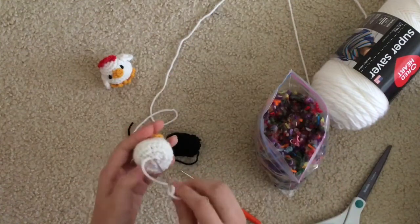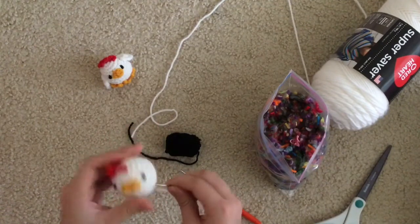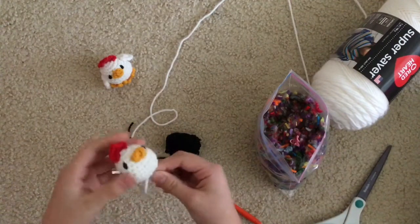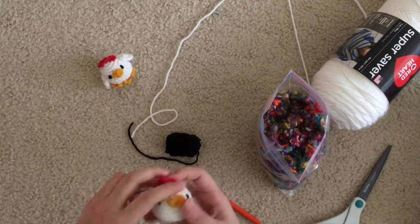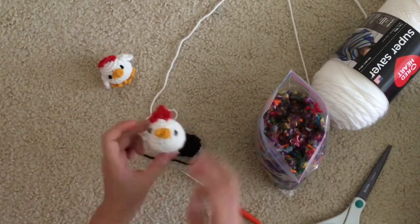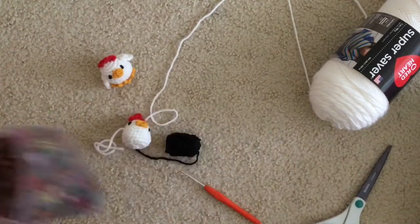And then just poke it in the middle or something, and then just push it somewhere out. And then we have our little chicken body. So now we're going to